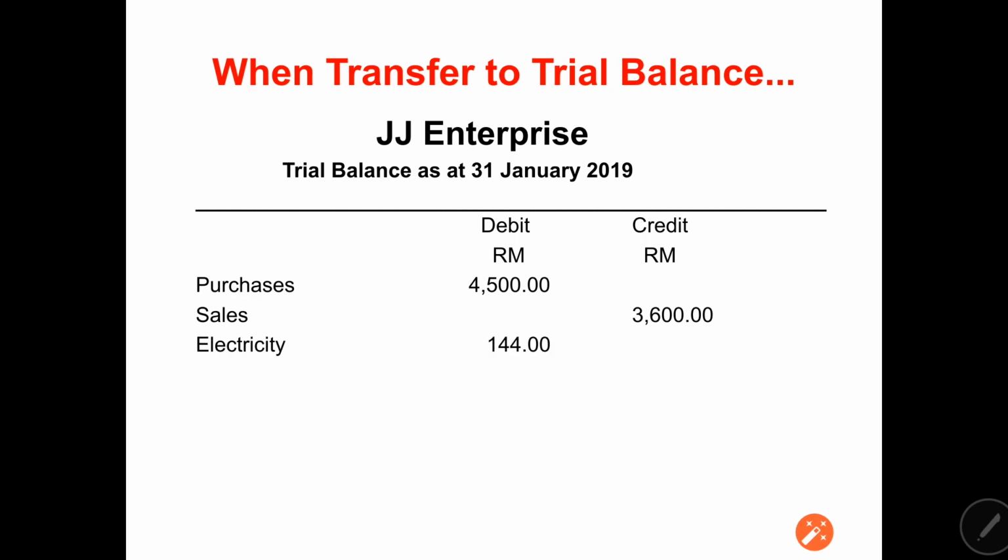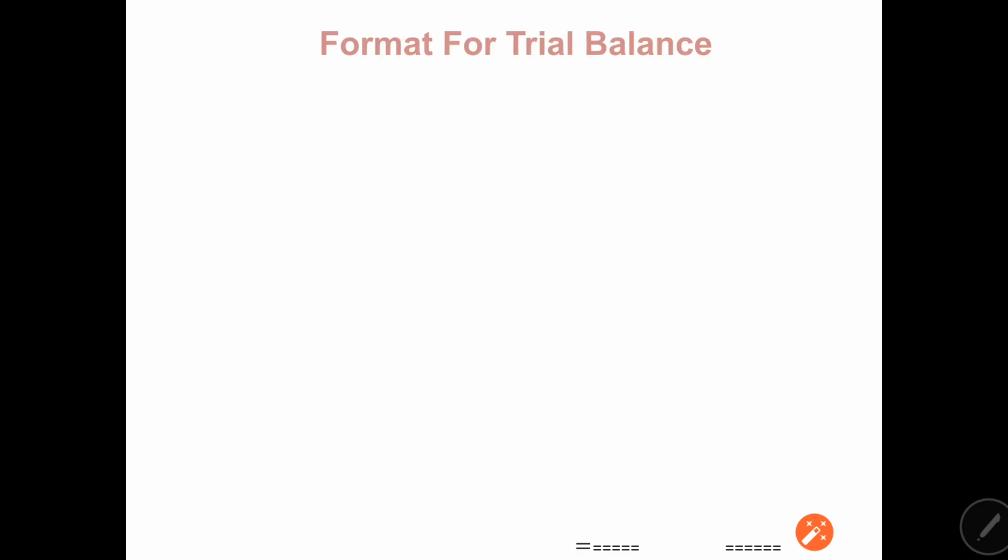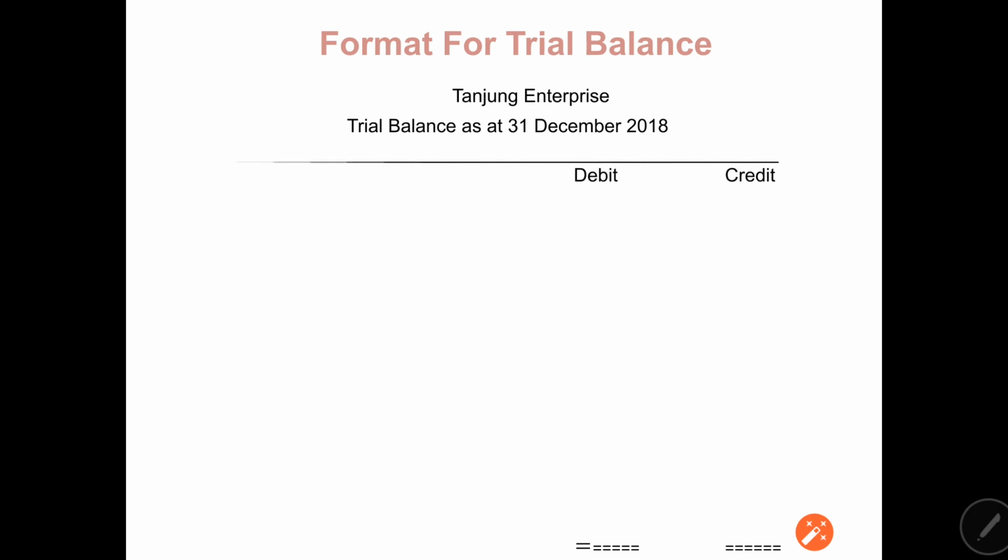Okay, same thing to electricity is an expense account, so it's a debit balance. And also for the asset account, it's 1005 on the debit side. Okay, so you just list down one by one and the rest as well until you get the last one. Okay, at the end, when you get the total, they must tally with each other side. OK，到最后呢，你的总数呢应该是相等的，debit 跟 credit 应该是相等的，这个就是 trial balance。